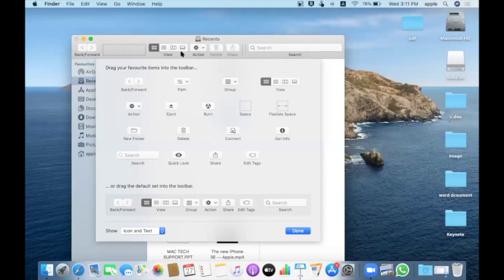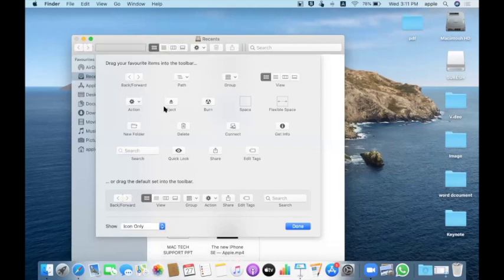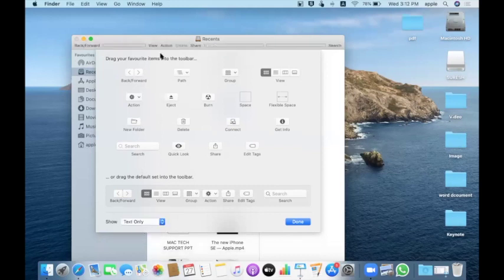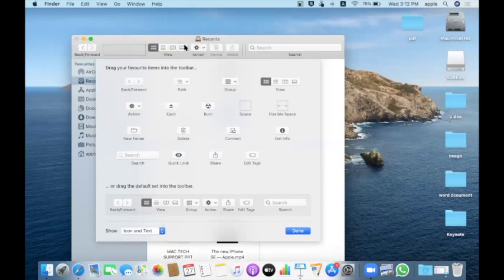And even here you can see this is the icon and it's showing the title of the icon. If you want to display only the icon, you can click it here, and only the icon will be displayed, with no text. Or if you don't want to see the icons, only the text, you can change it here. If you click text, only the text will appear. But at the initial stage, to get practice, you can select icon and text, so both will be displayed here.